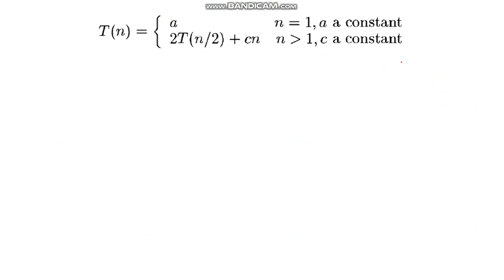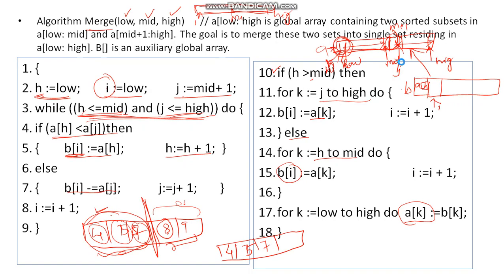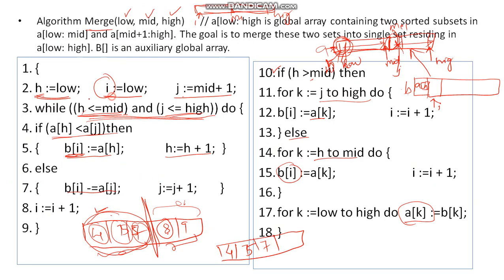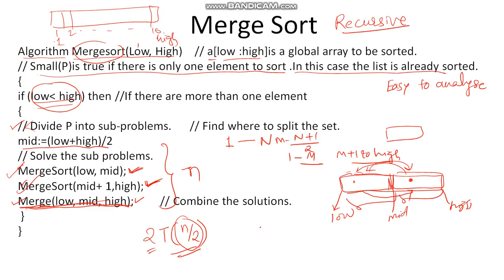Now if you see the time complexity of merge sort, what I am doing is dividing this particular problem of size n. If the problem size is n, I am dividing it into two halves, that is n by 2 and n by 2. That is, I am dividing it into two subproblems, where the size of each subproblem is n by 2. And in the merge algorithm, I am doing n comparisons. So it is in terms of n. It could be some Cn.